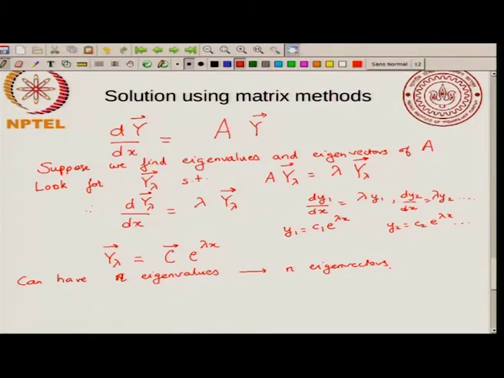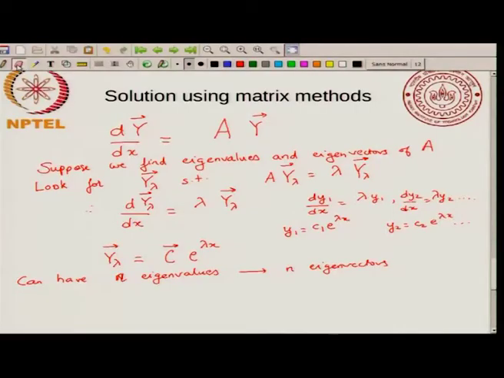If you know the eigenvalues and eigenvectors, then I should write this slightly differently, so I will just put this in brackets. What I want to say is that if you know the eigenvalues and eigenvectors, then you can write the solution of this differential equation. I will just emphasize this once again. Remember y1 is nothing but one of the coefficients of the eigenvectors, and since you know y1, you can actually write the general solution.